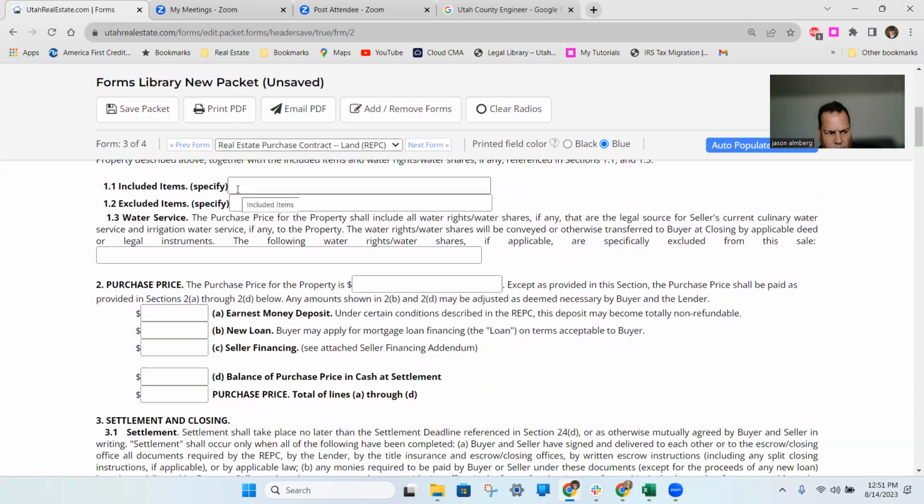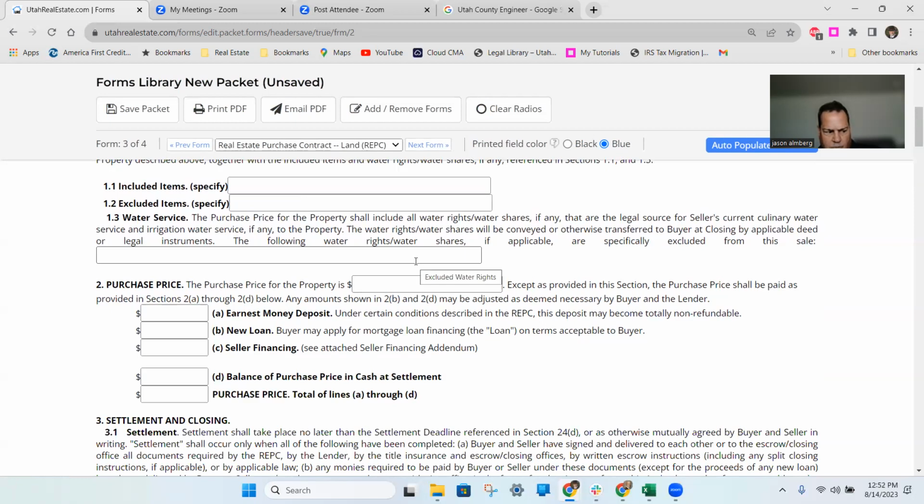There are inclusions and exclusions as necessary with the land REPC. Are they including portable items? Horse property or agricultural property that has temporary stalls? Or a temporary corral? Is that going to stay? Is that going to go? Water service is important on this one. They are going to get into the terms of the water source